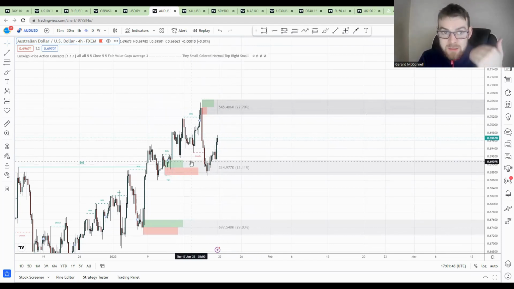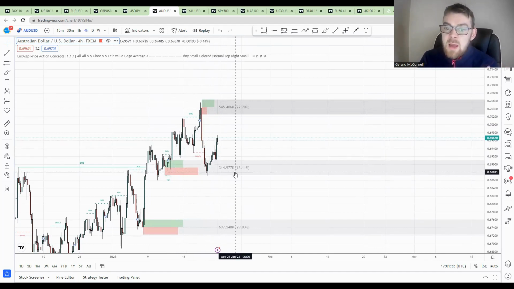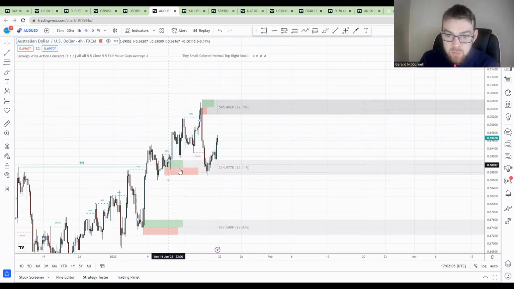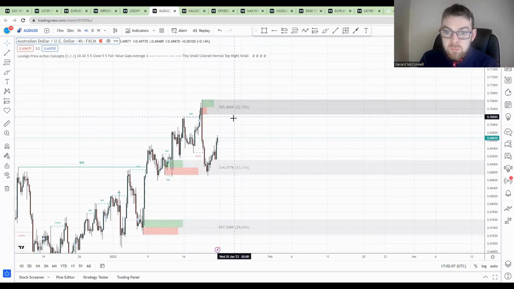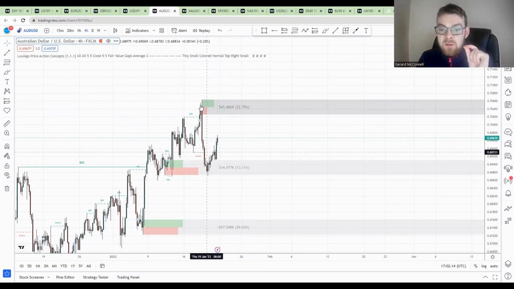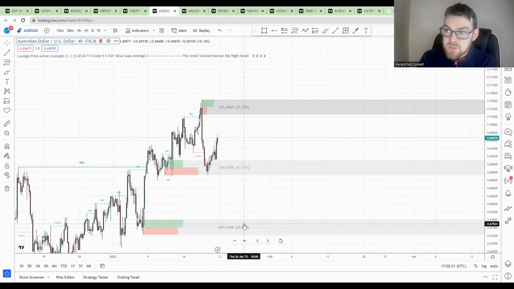I think from a higher time frame perspective, I would be saying probably still at this moment in time, DXY strength isn't really there yet. However, from a short-term perspective, this could be seen as internal break of structure, price action taking liquidity of this low and potentially this low back into this order block liquidity area, coming back up for one final run. But of course, if we're not making new highs above, let's say, 70.50, 70.60, then the likelihood is this is going to be a short-term top, and we're probably going to get an evolution back into this 67.50 level from a short to medium-term perspective.